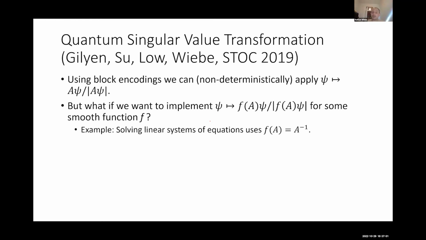that we've block encoded using a linear combination of unitaries. One of the things we'd like to be able to do is not just take A, we'd like to compute f of A. So we'd like to be able to do something like a square root, and hopefully in a cheap way that doesn't require a ton of qubits.